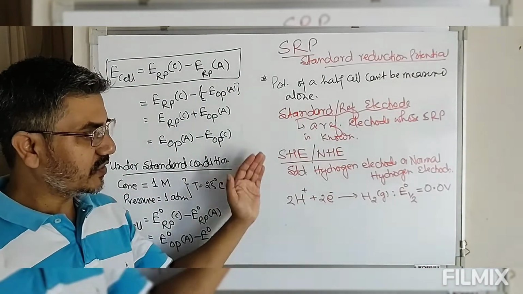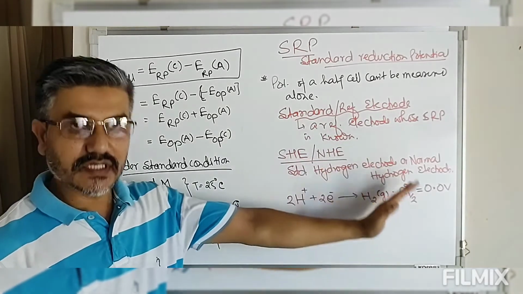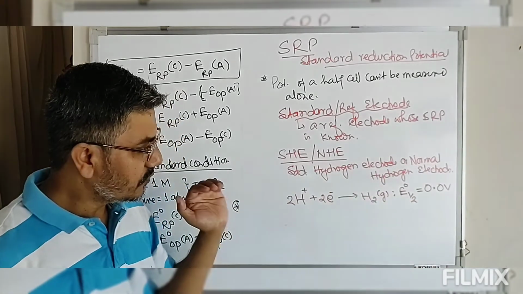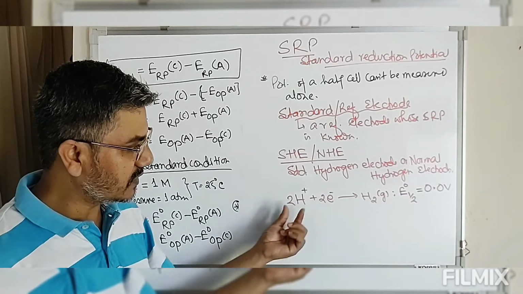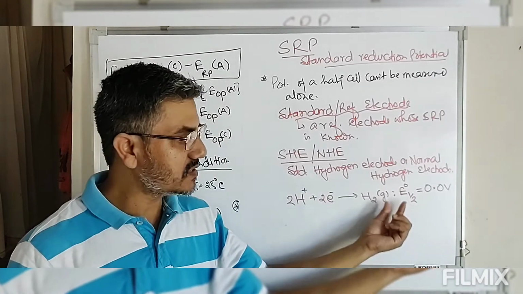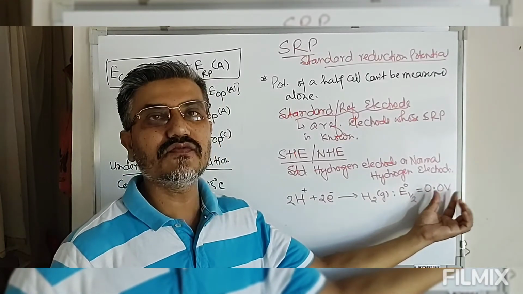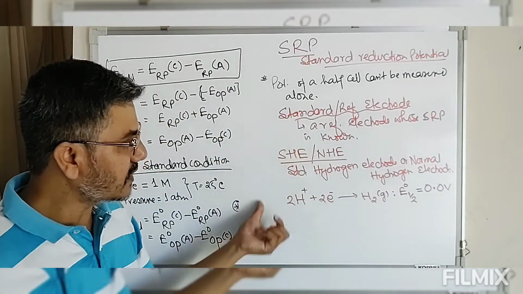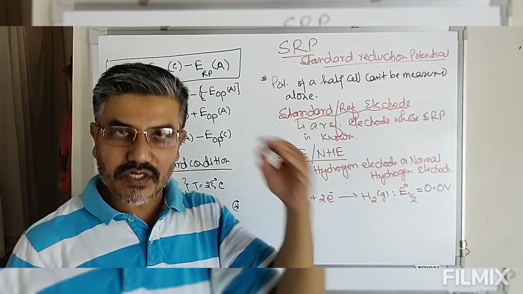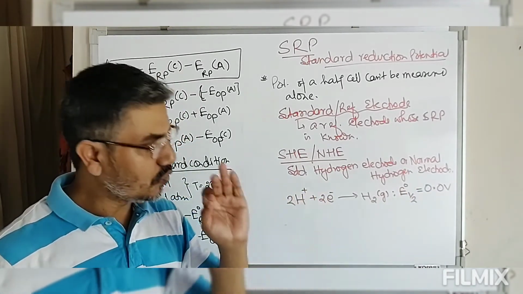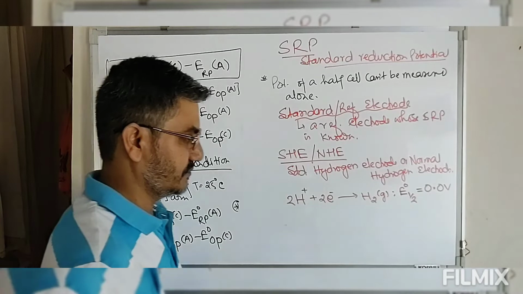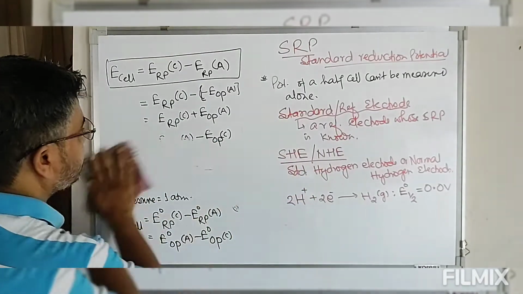So for the reference or standard hydrogen electrode, this is the reaction for standard hydrogen reduction. For this standard hydrogen electrode, the standard half cell potential is arbitrarily assigned a value of 0. So once this standard hydrogen electrode is assigned a value of 0, we can combine it with any unknown electrode to get the value of that unknown electrode. Suppose, look at this. Let's take this.